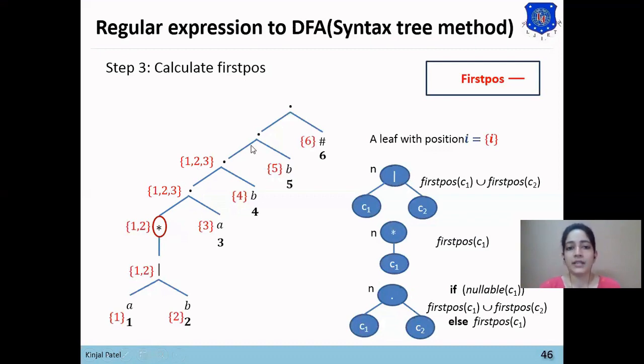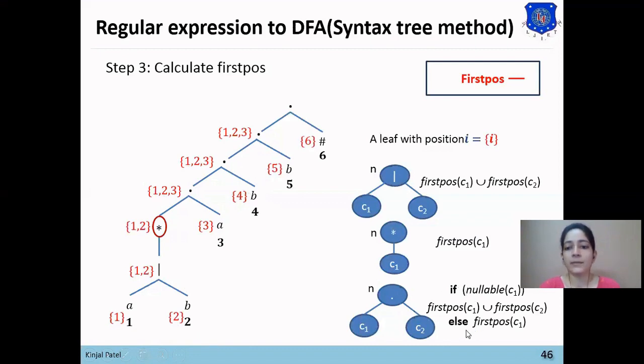Now the next step is to find the first position for the third dot. In the third dot, it will also be the first position of the first child. Why? Because we already know that the first child has a must A. Now for this dot, the C1 child is (A or B) star dot A dot B. In this string, C1 has A and B as a must, so it is not nullable.